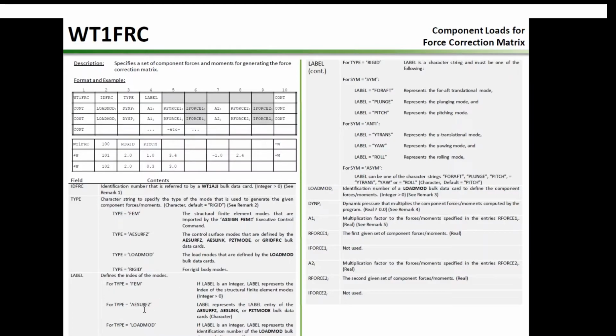If it's A sub z, label is the label entry of the A sub z or AESLINK to define the control surface. If it is load marker, label is an integer and represents the ID of the load marker card. If it's rigid, then